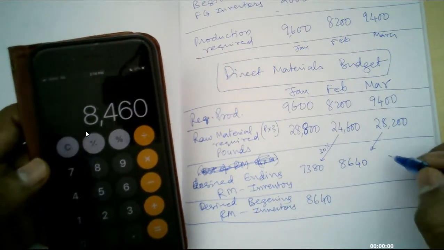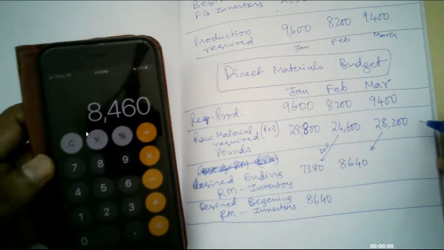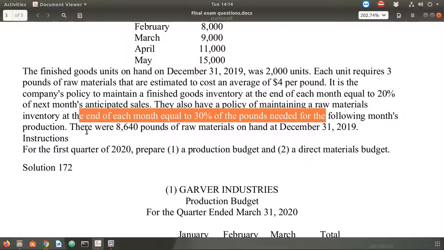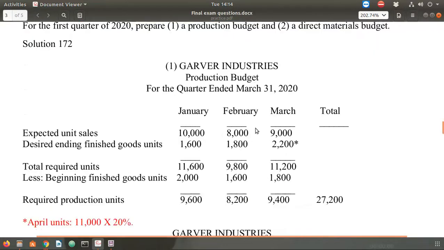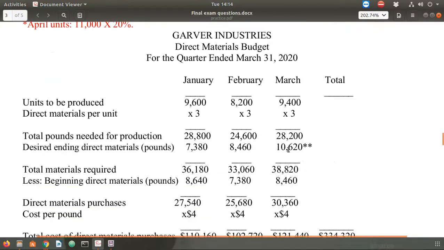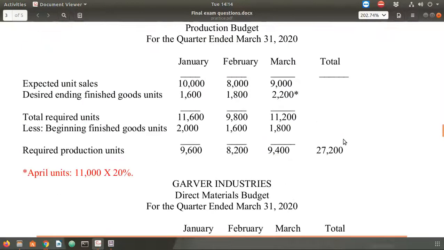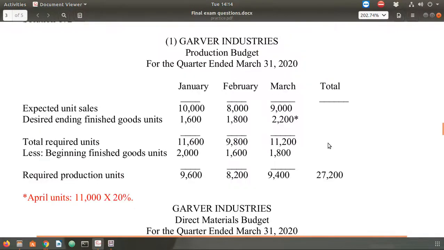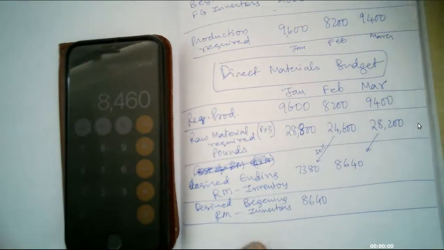Now I need to know what is the ending inventory of this. So for that I need to know what is the production in the month of April. So that calculation needs to be done. Let us look at the thing. Let's see how these people have done it. 10,620. Okay, just a minute. See, in April, total units required, how many? I think we need to calculate that also. Let's do that. They have directly given the formula. See, in April,